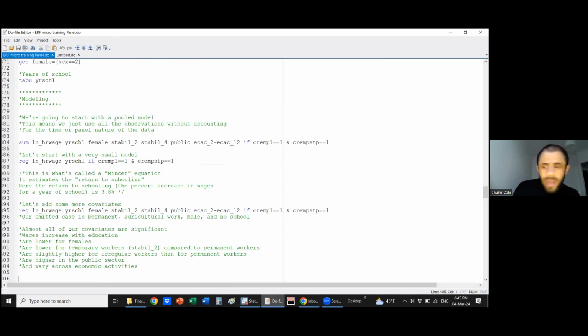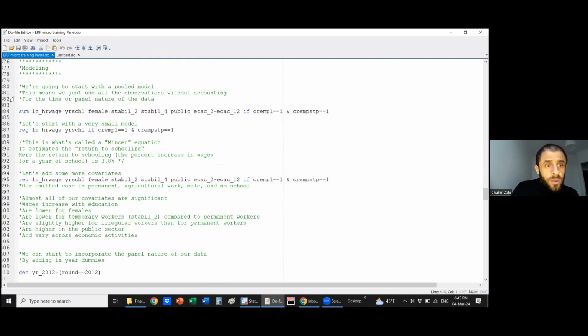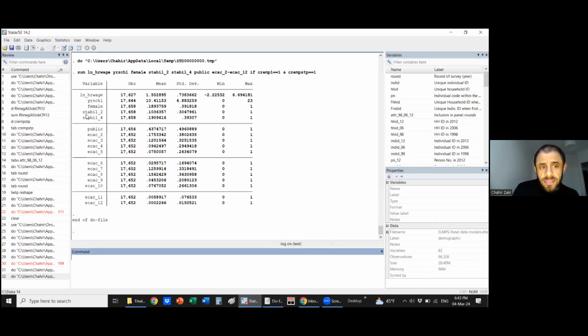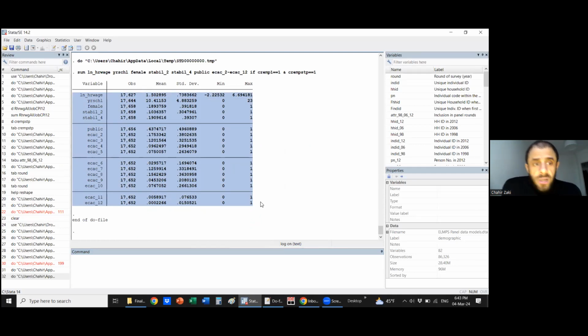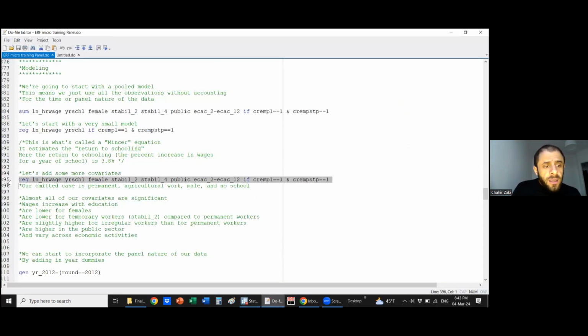Now we have 2 things to do. We're going first to run a regression with an OLS. So that's first to summarize with the main statistics that we have in the data set. So as you can see here, a lot of variables are binary with 0 and 1. And then other variables are continuous, like the years of schooling, like the wage, etc. Okay. And then if we run this regression in line